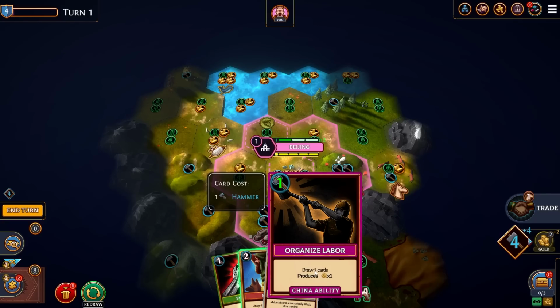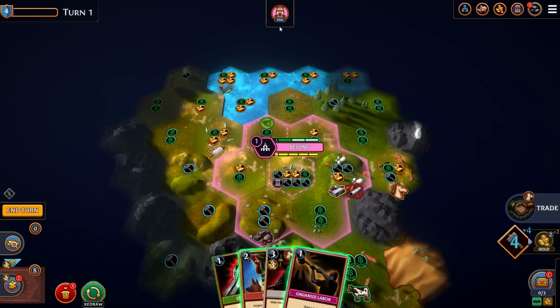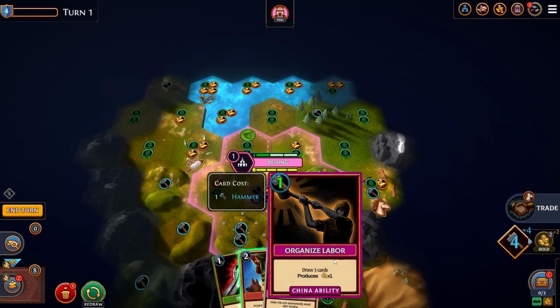This is China's ability, they get a card called Organized Labor. It is specific to China. Each civ has their own unique cards, which usually includes one unit and one playable card, whether it is a building or an infrastructure or an action. So for example, China gets an action, they get Organized Labor, and they also get a special unit called the